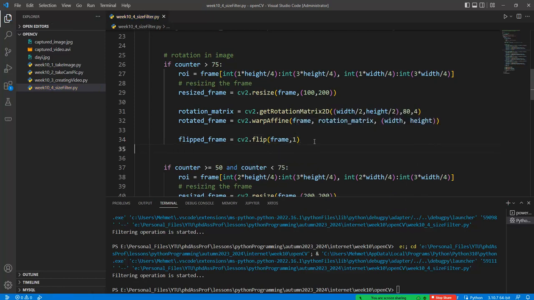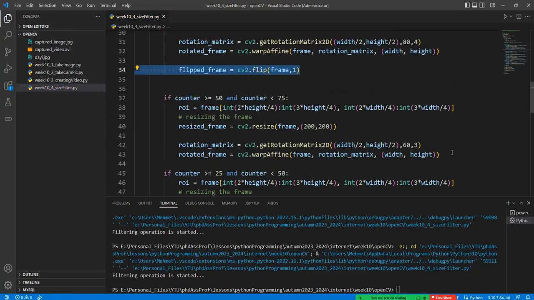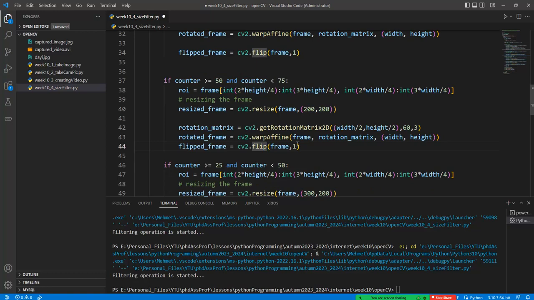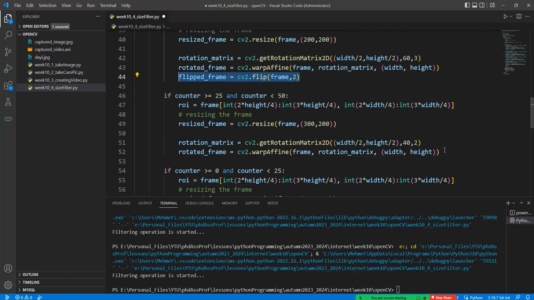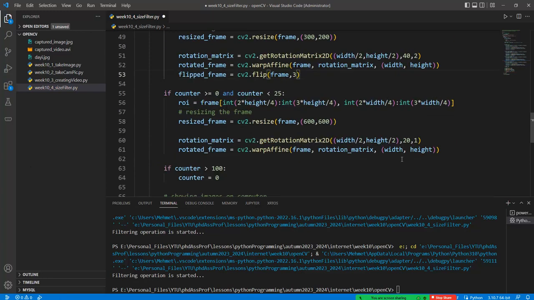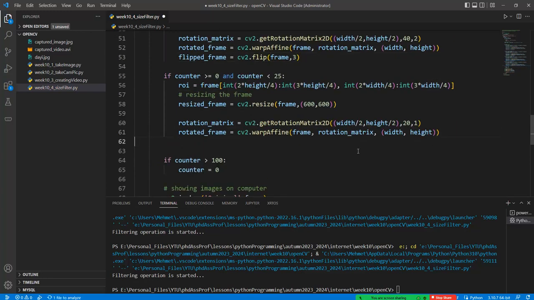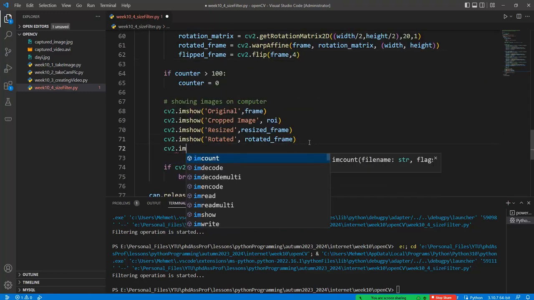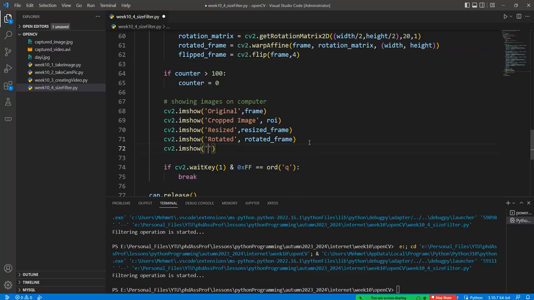Okay, two, three, and 4. Okay, and also we keep the CV2 imshow flipped